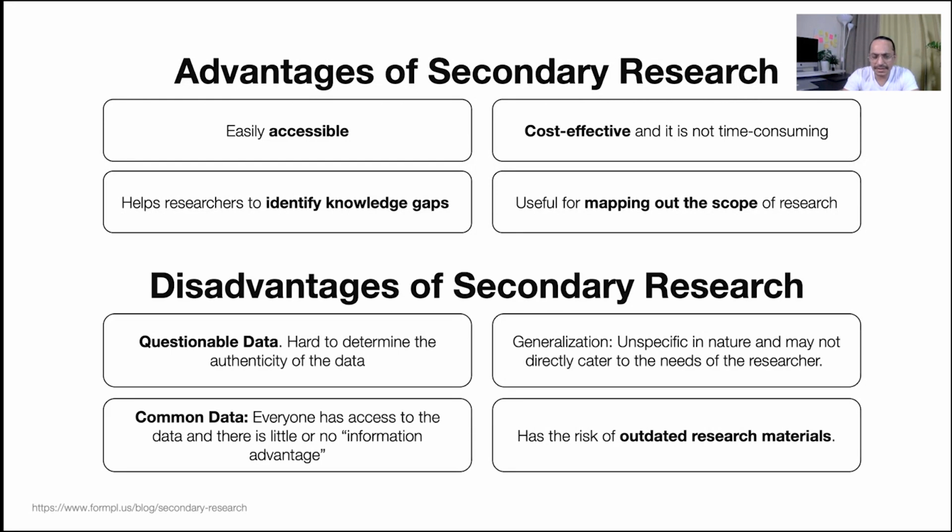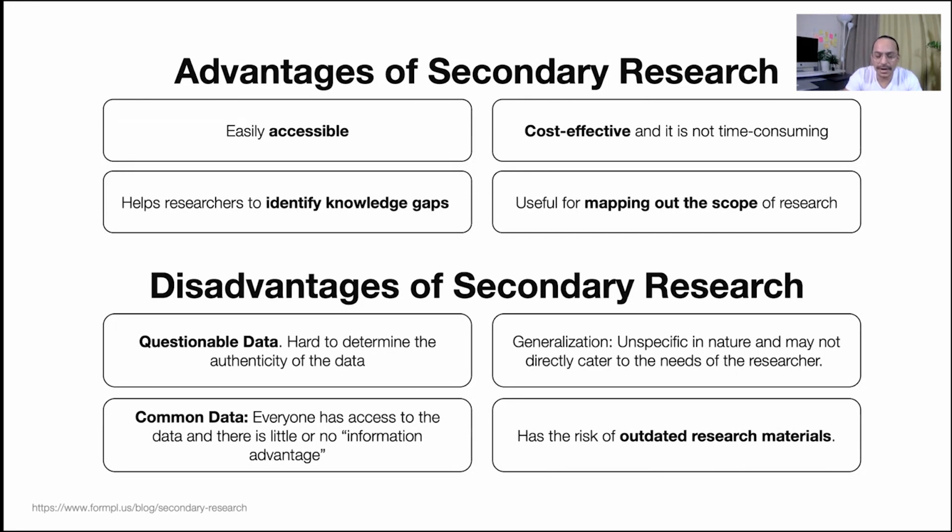But what are the disadvantages? Questionable data. Sometimes it's very difficult to determine the authenticity of the data, because it's an online space and anyone can go online and publish data. That's why whenever collecting data, you should check the authenticity and the source of the data. And it's very generalized, unspecific in nature, and may not directly cater to the needs of the researcher. You might have certain needs, but the research